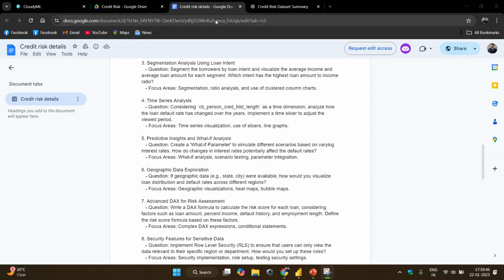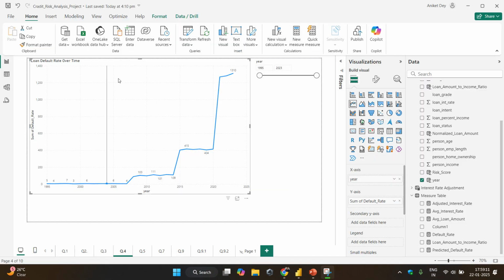In the next question, I have to consider CB person credit history length as the time dimension and analyze how loan default rate has changed over the years and implement a time slicer to adjust the viewed period. For this, I have taken this line chart that has year in the x-axis and sum of the default rate in the y-axis. And to calculate this year,